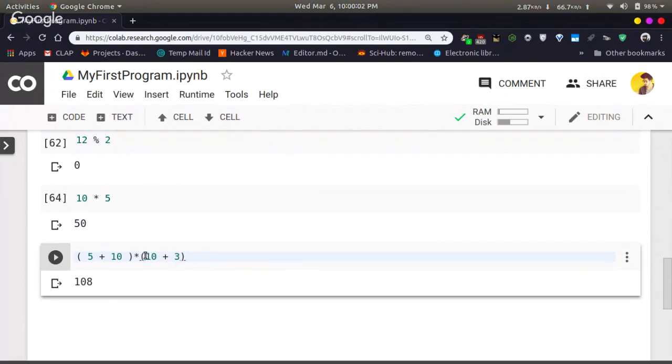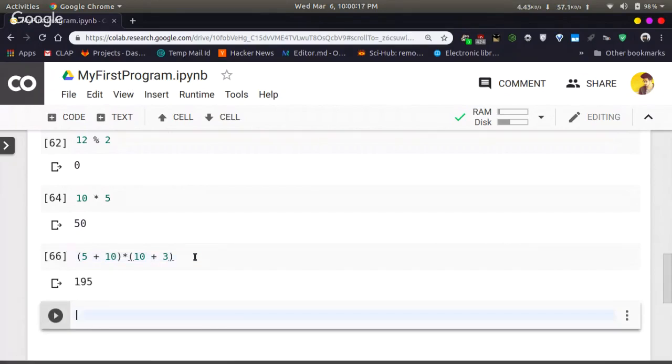So what you are seeing here is 5 plus 10 will be first performed, then 10 plus 3 will be performed second, and then the result will be multiplied. When you run this cell, we will get the result. So this is how you concatenate several expressions.